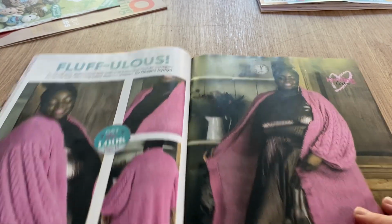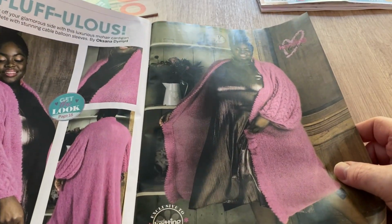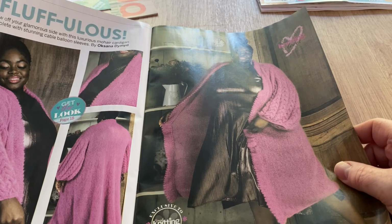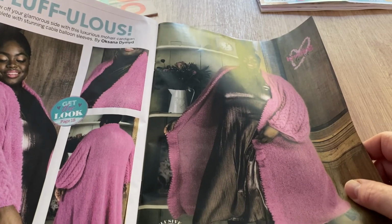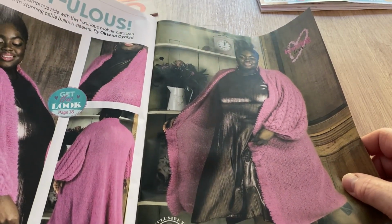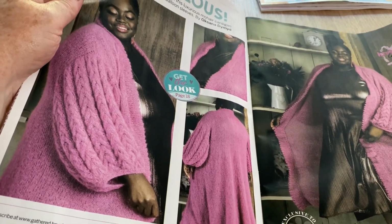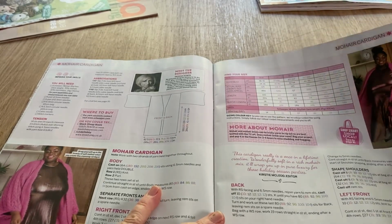Fluffulous. Not fabulous. Fluffulous. So it was fluffy. Showing off your glamorous side with this luxurious mohair cardigan. Won't be making it out of mohair, complete with stunning cable balloon sleeves by Oksana Dimid. Anyway, I'm allergic to mohair, so if I did make it, it would have to be with acrylic. I'm not keen on baggy sleeves. I can't do baggy sleeves. Just can't. Anyway, this goes from a size 8 to 10, UK size, right up to a...